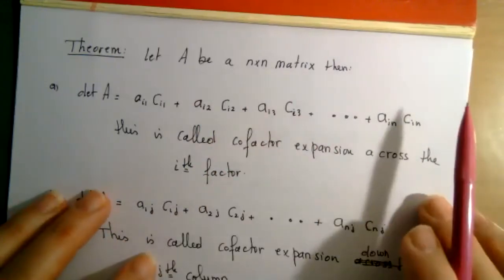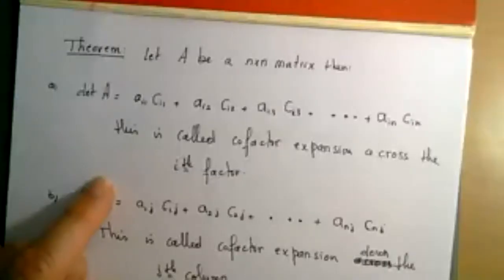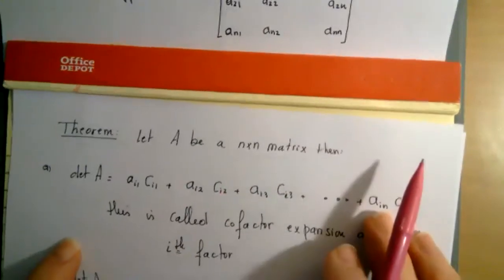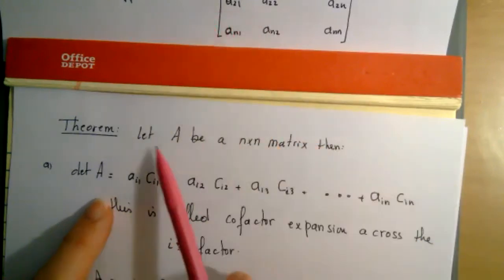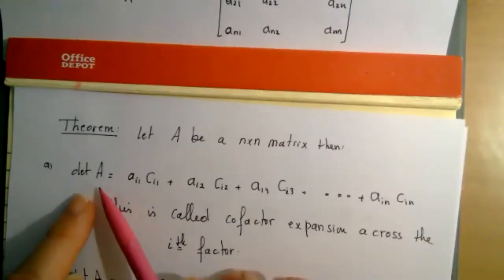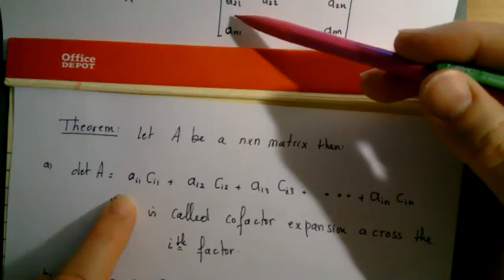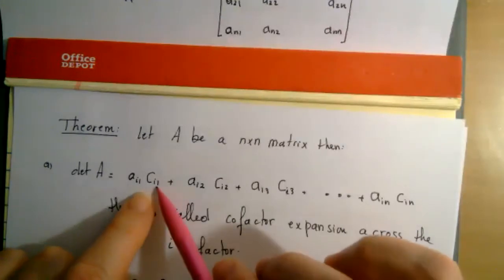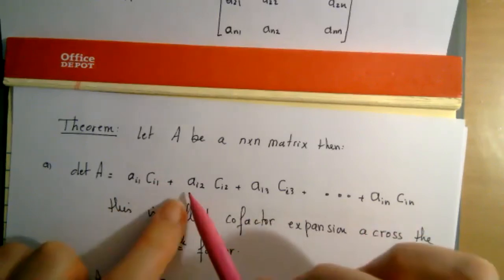So let A be an n by n matrix. Another way to find the determinant is, as I said a minute ago, we can use any column or any row. The first piece tells me the following. Suppose A is an n by n matrix. Then I can use any row. So suppose I use the ith row to compute the determinant. This tells me that the determinant is Ai1, the term in the ith row and first column, times, instead of the determinant of Ai1, the cofactor Ci1, plus